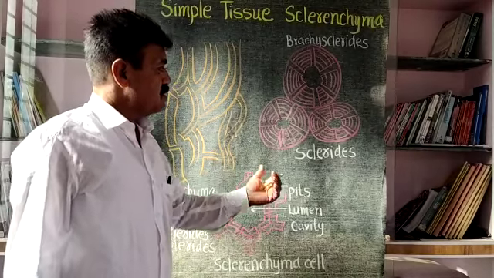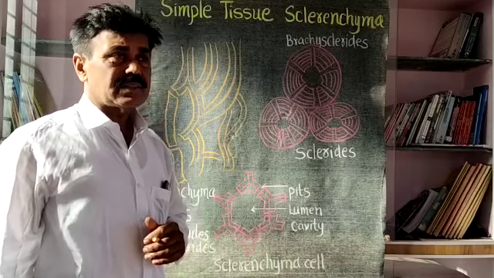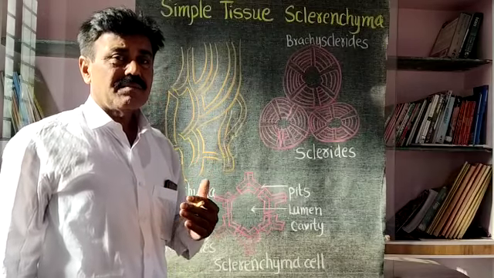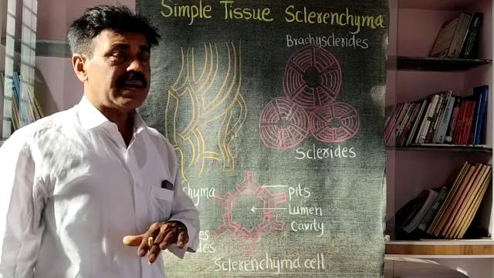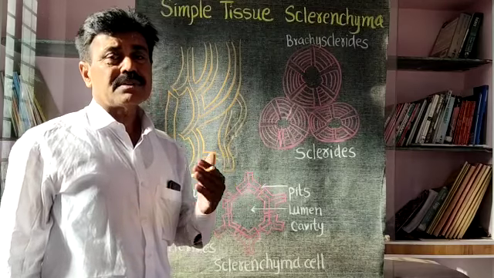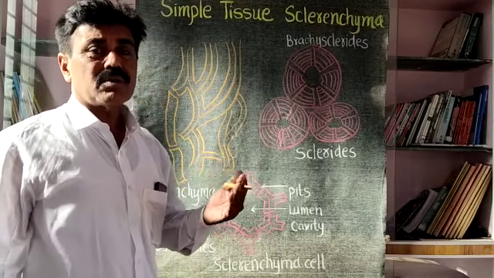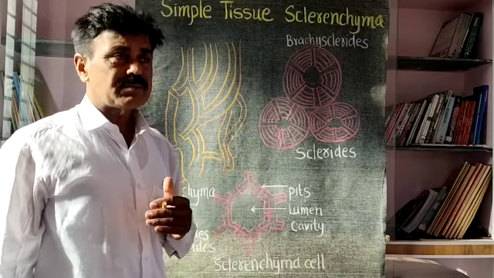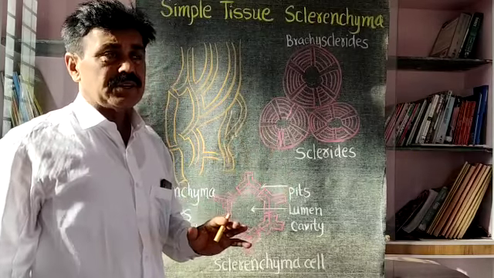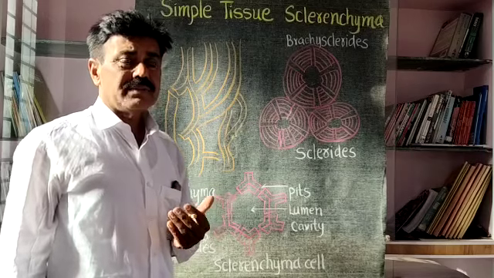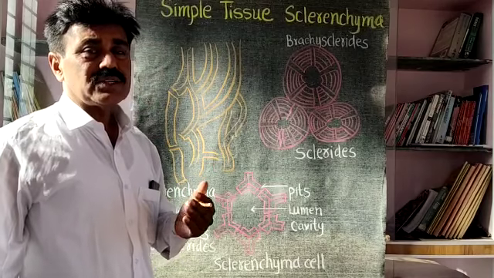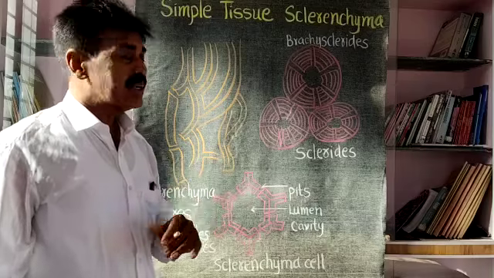As far as sclerenchyma cells are concerned, sclerenchyma is a simple tissue. It is a dead tissue because of its structure. It is distributed in the xylem region, called xylary sclerenchyma. It is also distributed in the extraxylary region, outside the xylem tissue, in the cortical region or hypodermal region, sometimes in the pith. It is totally dead tissue because it has no living structure. The walls are lignified, and there is no nucleus or cell organelles; the lumen cavity is present.